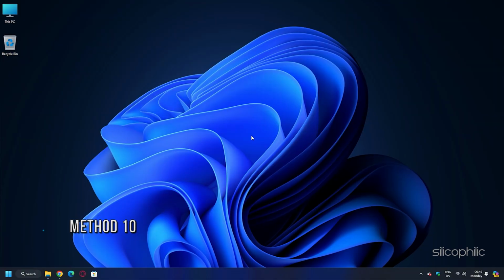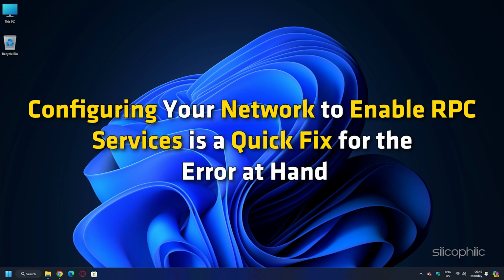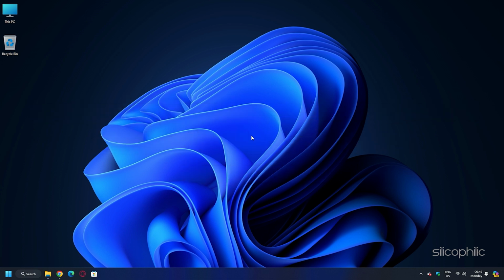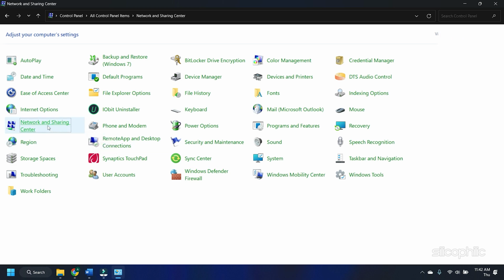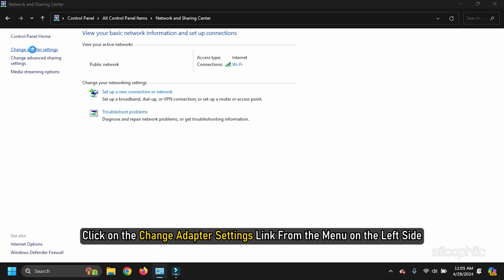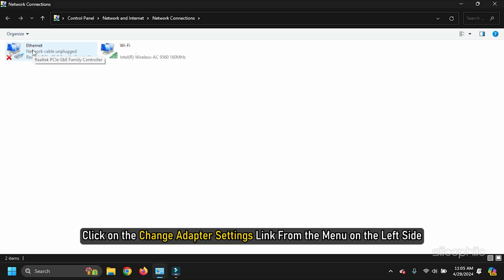Method 10. Enable file and printer sharing for Microsoft networks. Configuring your network to enable RPC services is a quick fix for the error at hand. By enabling the appropriate features, you can resolve all conflicts related to the RPC server and fix the error. Navigate to the Network and Sharing Center in the Control Panel as you have done in the previous steps. Click on the Change Adapter Settings link from the menu on the left side.